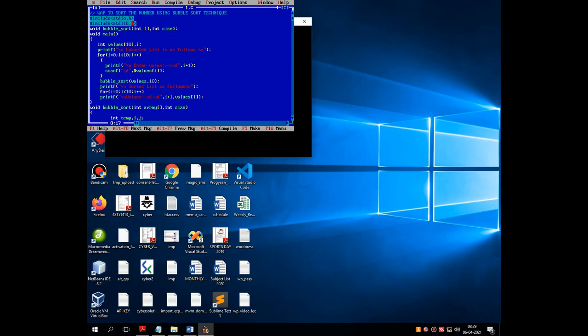Let's take a less number of values, so it would be very fast. I am changing conditional part, will explain all these things.